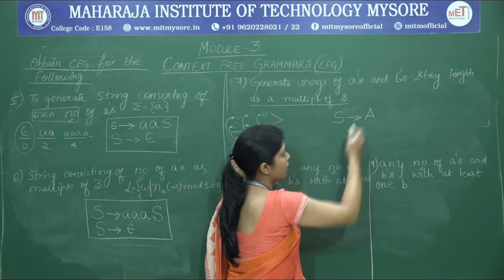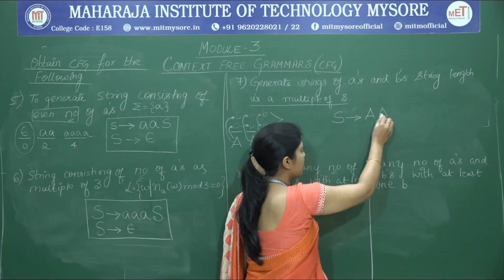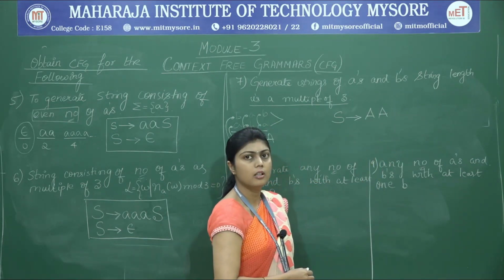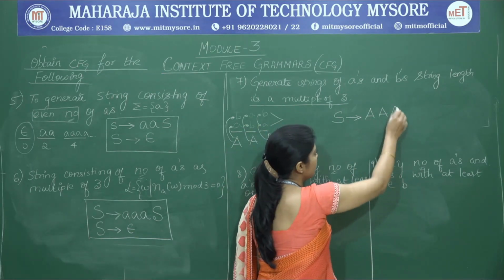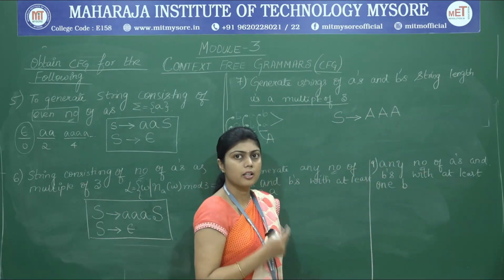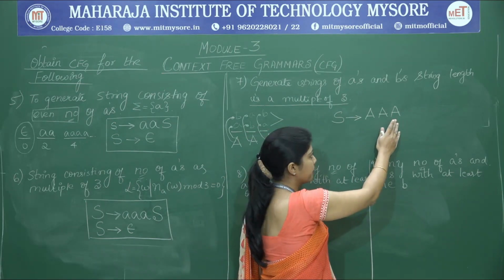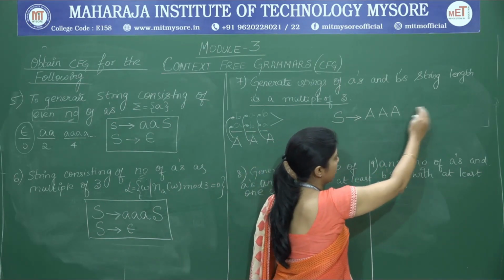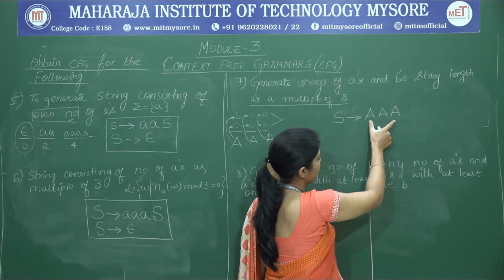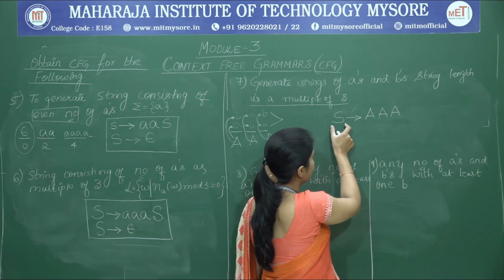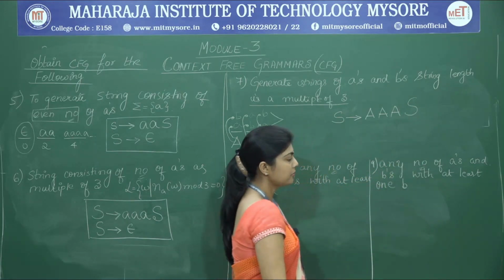So the first symbol has a choice, therefore I can't write a terminal there, I am going to write a variable. The second position is also a choice between an A or a B, so therefore I am going to write it as a variable. The third symbol is also not defined to either an A or a B, it can either be an A or it can be a B, so therefore we write a variable. So these 3 positions have to be repeated once again in case the length of the string is 6. So which is the variable that is generating 3 more of these symbols? S is the variable that is generating, so therefore we are going to write it as S.